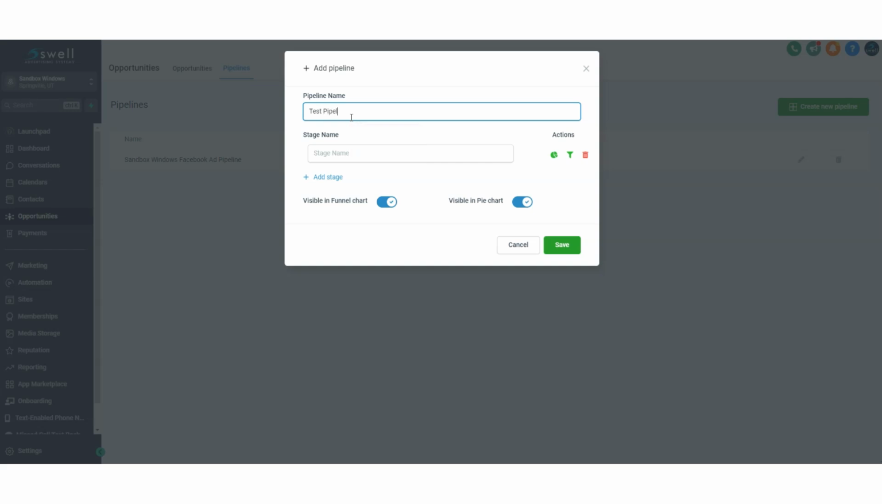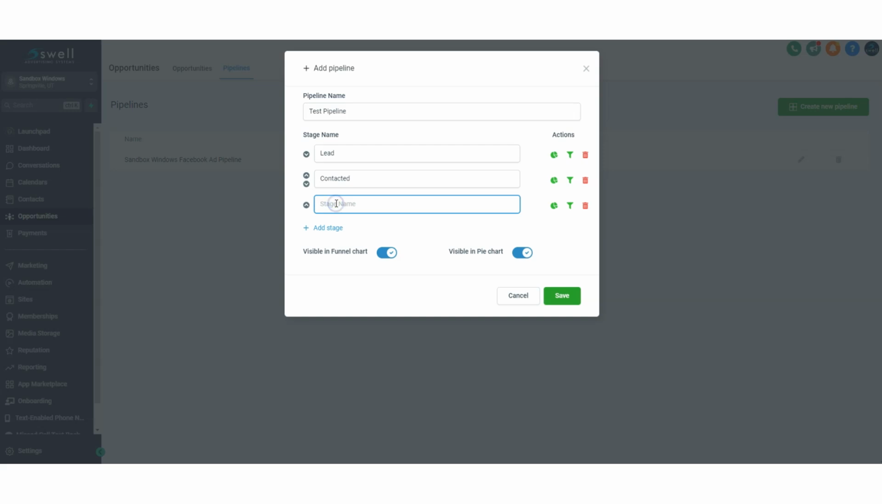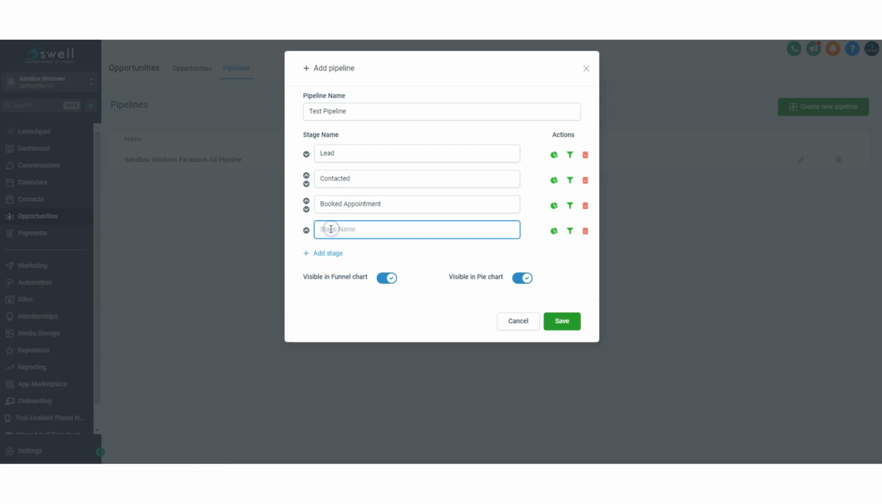You can create a new test pipeline. Each stage you can label or customize as you saw before. So stage one, let's say it is a lead. Add a stage. Let's say it has been contacted by somebody in our company. The next stage, booked appointment. Let's say the stage